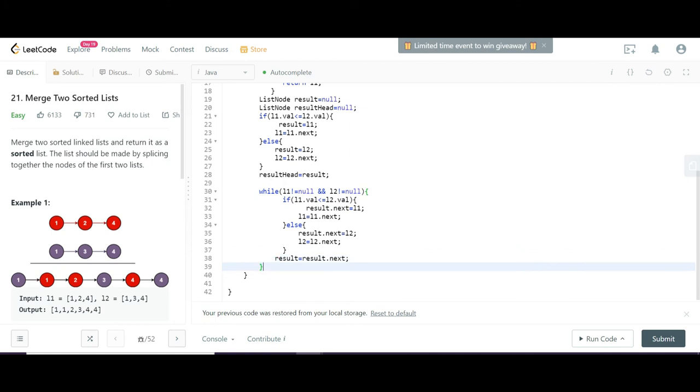Now at the end, one of them may come to the end. If one linked list is bigger and one is smaller, then obviously the smaller one will end soon, depending upon the values also.